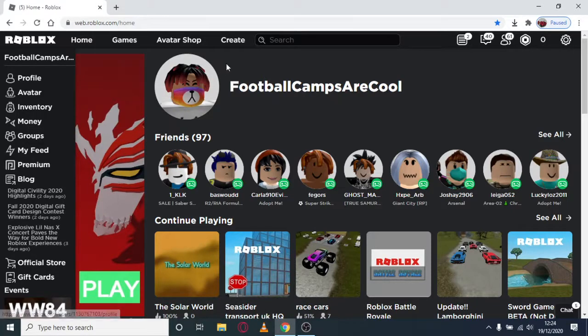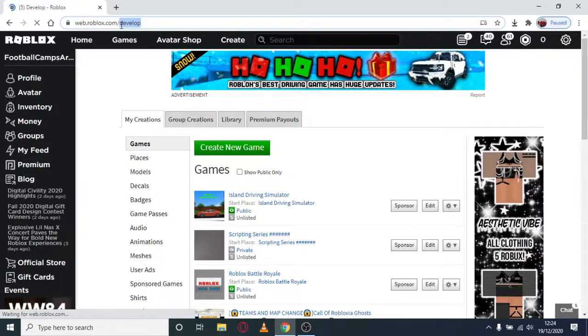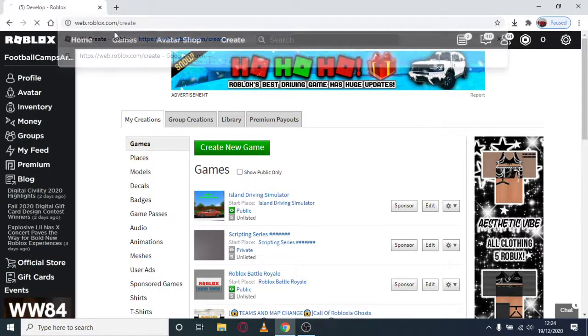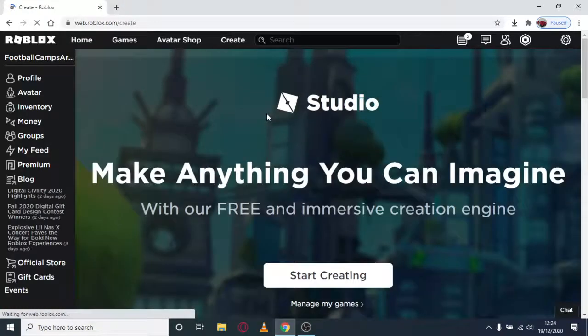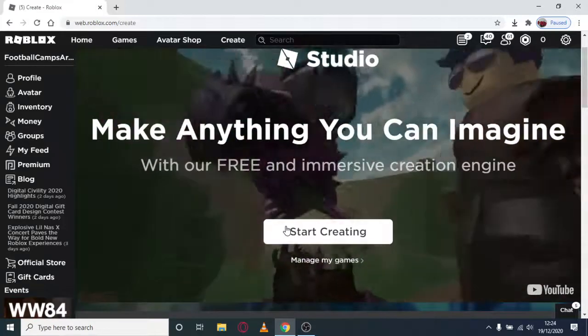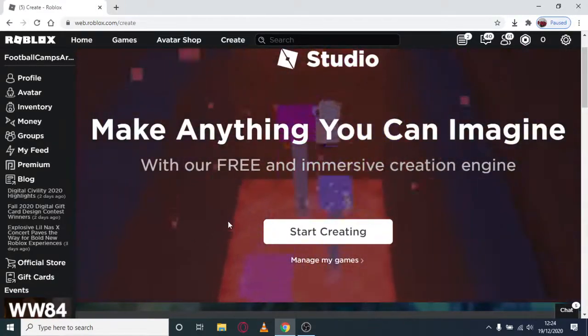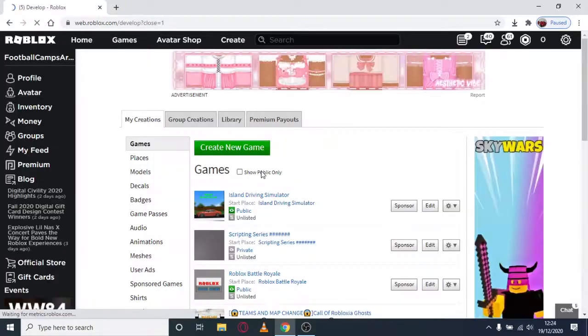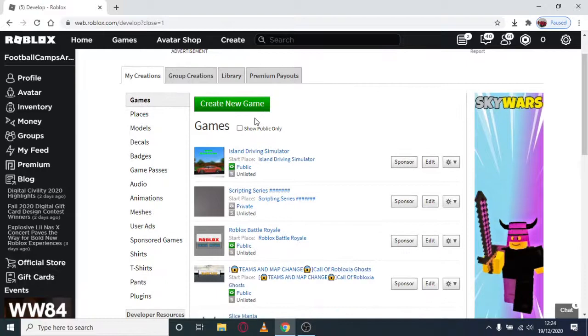you're going to want to click on create, and what's going to send you to is roblox.com/create. What you're going to want to do is just simply click on start creating, but actually I'd recommend you click on manage your games. Click on manage your games, and then you're going to click on create new game,